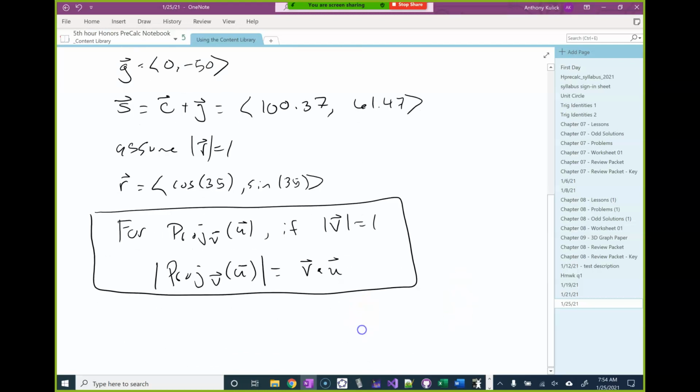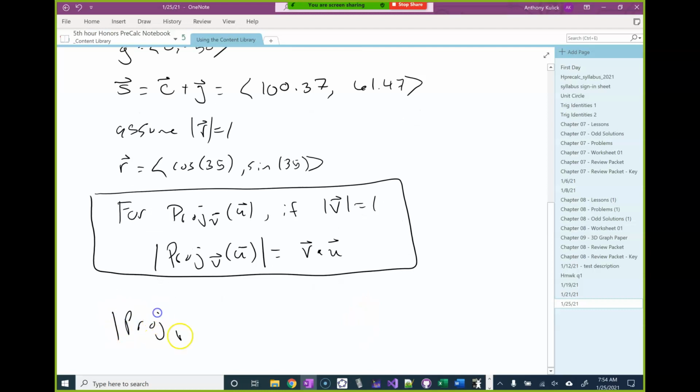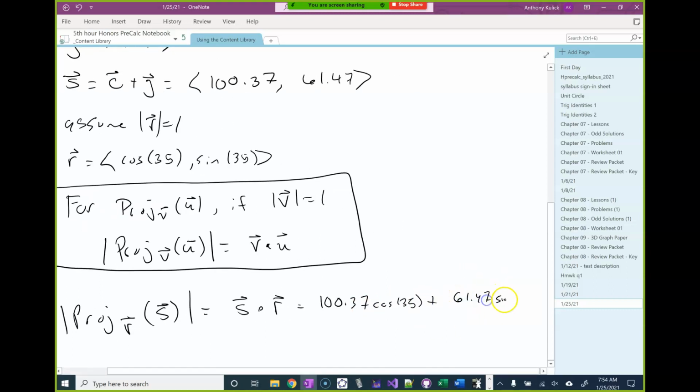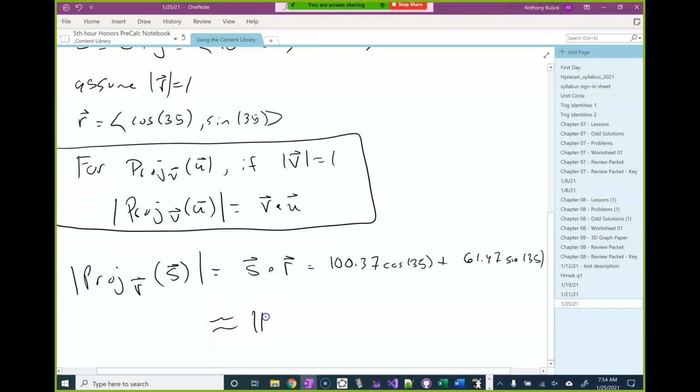Anyway, I'm going to use that shortcut now to say the projection of S onto R is just going to be S dot R. So 100.37 times cosine 35 plus 61.47 sine 35, to get me about 117.48